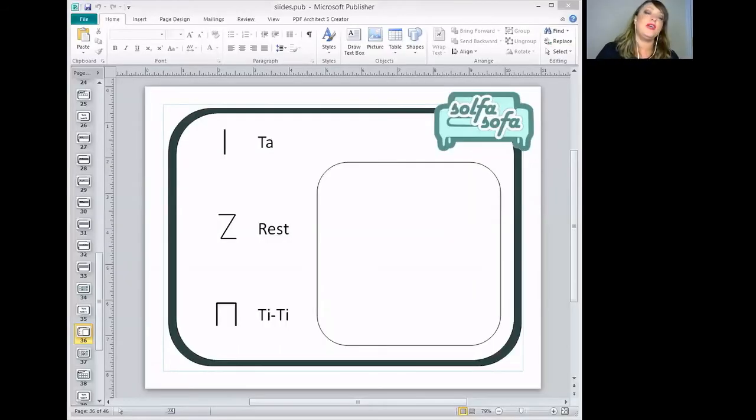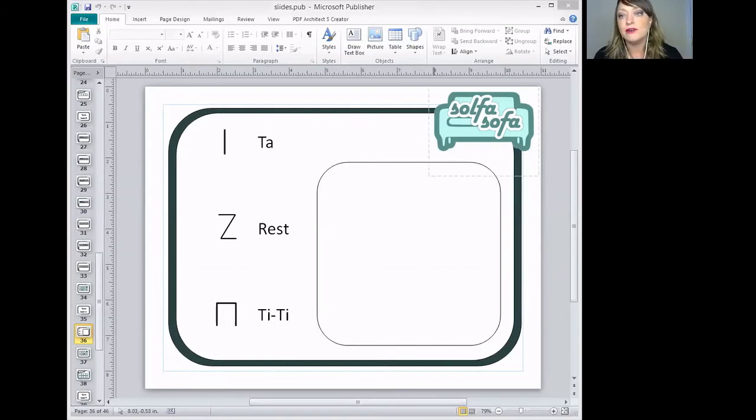These are 8th notes. If you look at this chart, you can see how ta is 1 beat, and it's just a line down. Rest is like a Z, and TT are these 2 lines connected at the top with a beam. Now, a TT is twice as fast as a ta. We call these 8th notes. If this is the steady beat, T, T, T, T, T, T, T, T. There are 2 sounds in 1 beat. T, T, T, T, T, T, T, T.